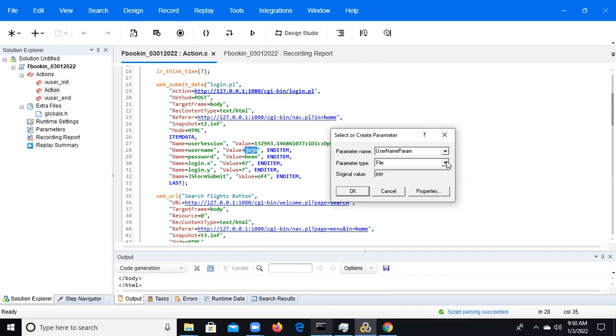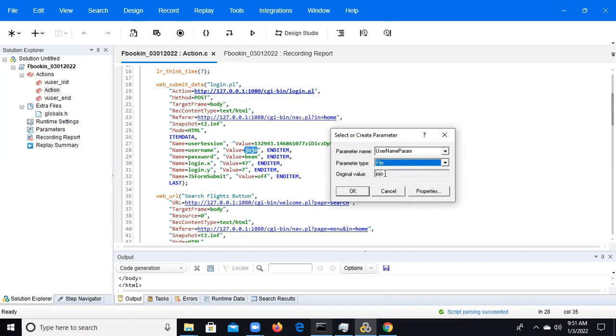And we have the parameter types here. We have different types of parameters: file, date and time. Date and time is for the date and time we have, so we select date and time for that. And we have the group name, iteration number, and load generator. These will all be there. So for text type we need to select file. If it is a date, we can select date. Based on that, we'll explain one by one. But right now, this is a text, right? So I'm selecting file as the parameter type.